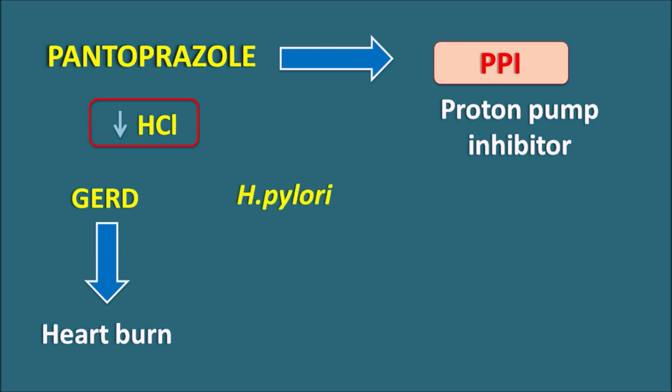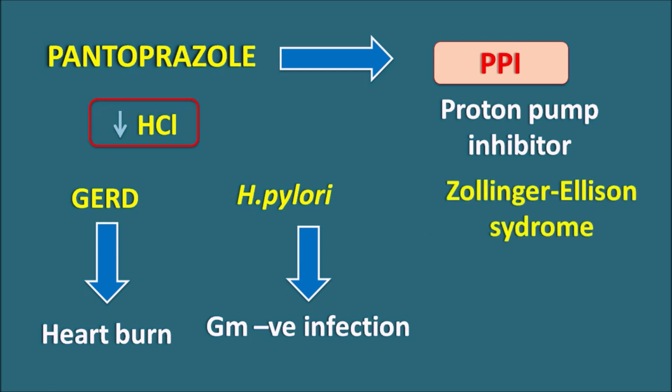And another one is H. pylori infection. H. pylori is Helicobacter pylori, a gram-negative infection which may increase the gastric acid secretion from the gastric parietal cells. For such a situation, we can use a combination of drugs called triple or quadruple therapy, and among this regimen, proton pump inhibitors are one of the important categories of drugs. So here again pantoprazole can be used. Similarly, some tumors like Zollinger-Ellison syndrome, a gastrin producing tumor which can increase the gastrin secretion, and then gastrin can increase the gastric acid secretion. In this way, in all these situations, pantoprazole can be used to reduce the gastric acid secretion.